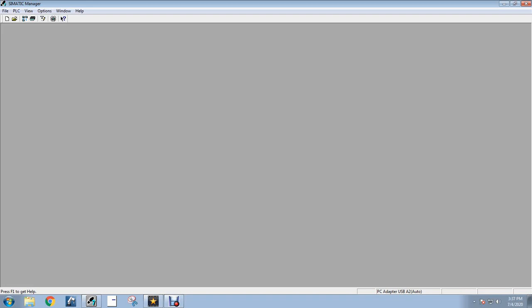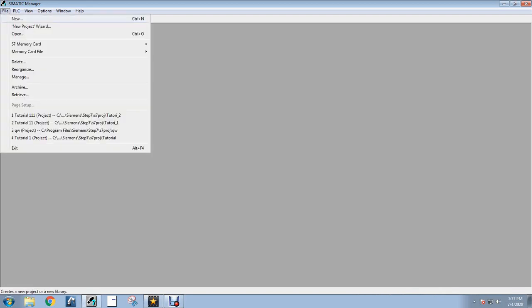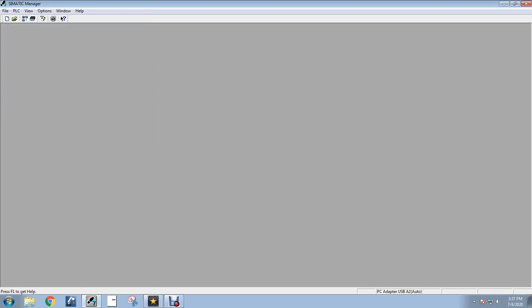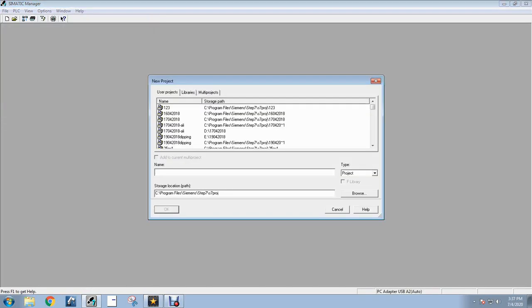Open new file from the menu bar. Go to file and click on new, or simply click on the new file icon in the toolbar. You can also open new file by clicking anywhere and new.